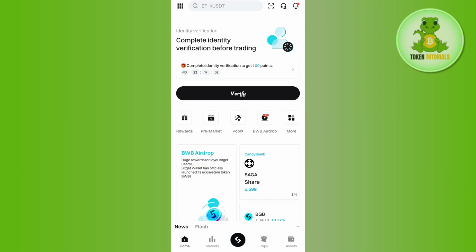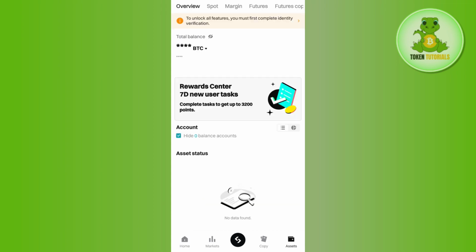In order to do this, you first have to launch your Bitget mobile application, and then you need to provide your email address and your password, and you simply need to log in to your account. Now once you've successfully logged in, you need to tap on the Assets tab in the bottom right hand corner